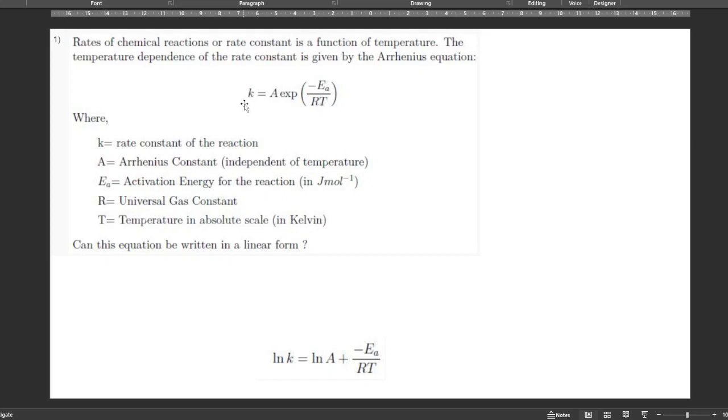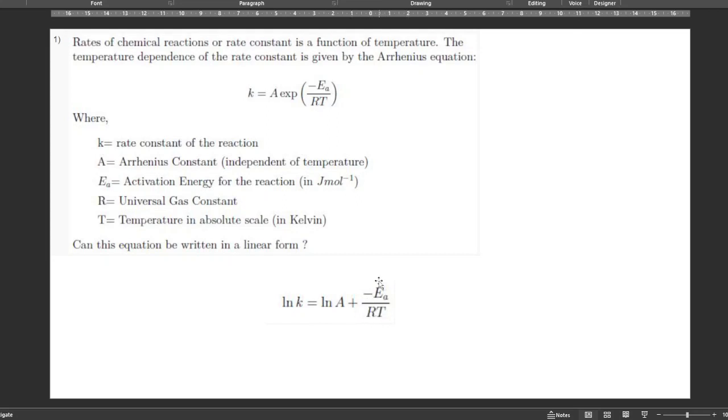Taking ln on both sides will leave ln k equal to ln A plus minus Ea by RT. So this is how it will come. So here it is in the linear form because it satisfies the line equation, where ln A is the intercept